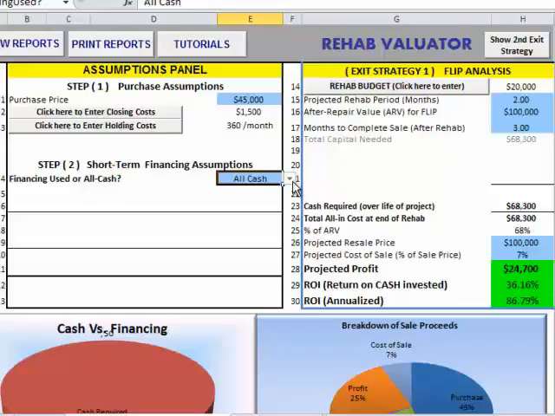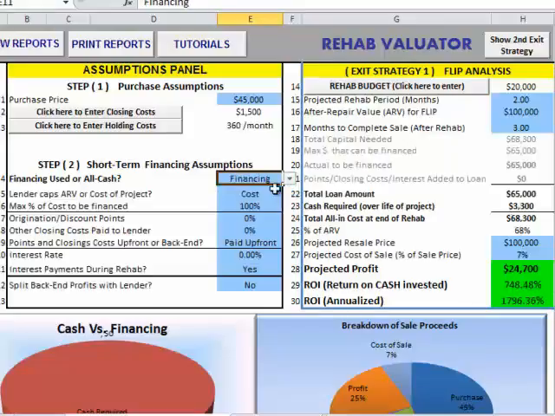So let's say you want to get this whole thing financed because it's a strong deal. So you switch this to financing. And then you have an option here whether you want to finance it based on the after repair value or the cost. So you're going to say, I want to get my entire cost of this project financed. So you select cost here,